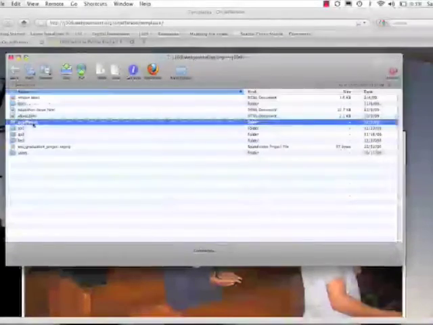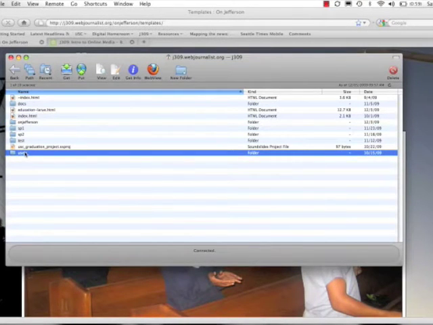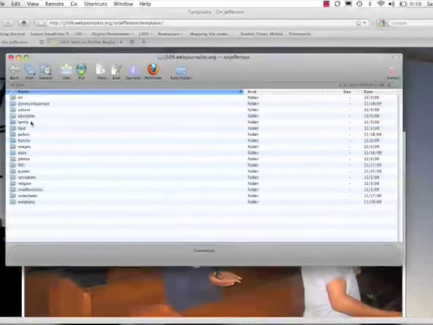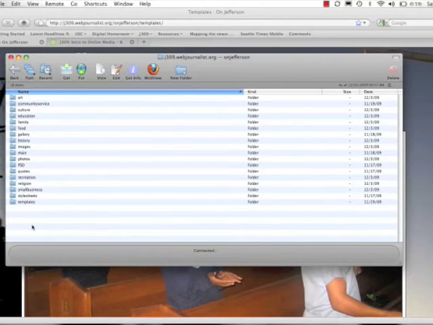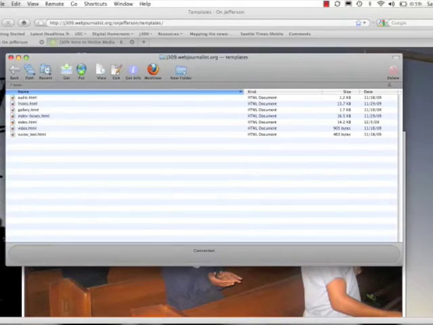How did we get there? You log on. Here's your user folder where all your user folders are. Here is the On Jefferson project. And each one of you has a category here, at least you're associated with one. For me, I'm going to be working out of the templates. But assume when I'm working in templates, you're working on your own category, whether it be art, culture, education, history, etc. So my latest file, this file that I'm seeing right here,